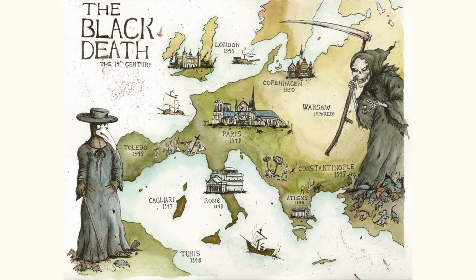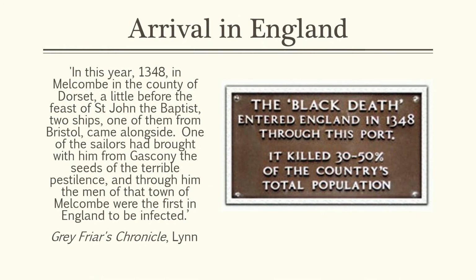Now, if we're looking at how it was spread, most people believe from the accounts that we have that it started in the East. Okay, so a lot of people think it started in modern-day Mongolia or even China, and then spread through the East in ports and things like that, through Europe, which you can see on this map, until it eventually arrives in England in 1348. As this account shows, it arrives in the town of Melcombe, which is in Dorset, in 1348. And it was brought, as it says in the account, by sailors from Gascony, which is in France, on their ship, and then it really quickly starts to spread throughout England.